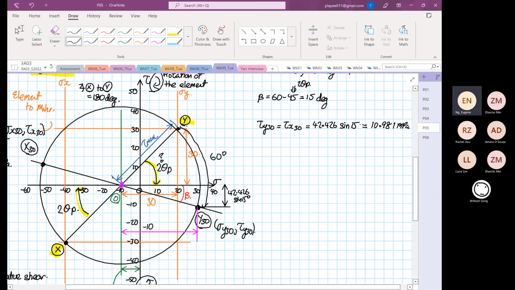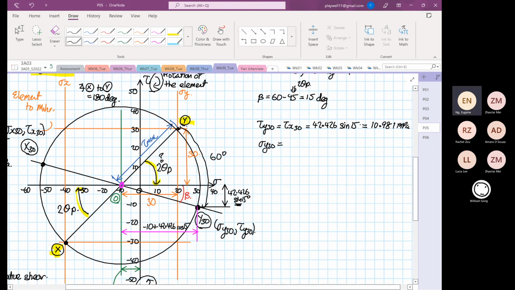It's going towards the right hand side, plus 42.426. Now it becomes what? Cos 15, right? Because we have used up the sine already, so it cannot be the same sign. It has to be cos, right? So stress Y30